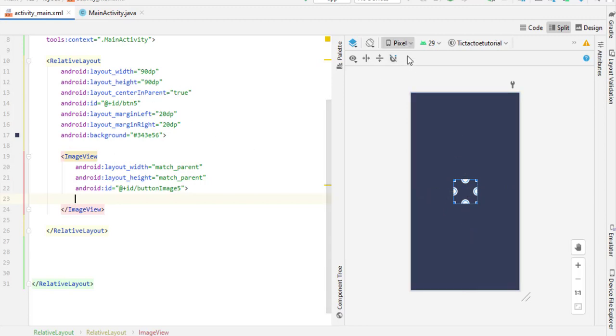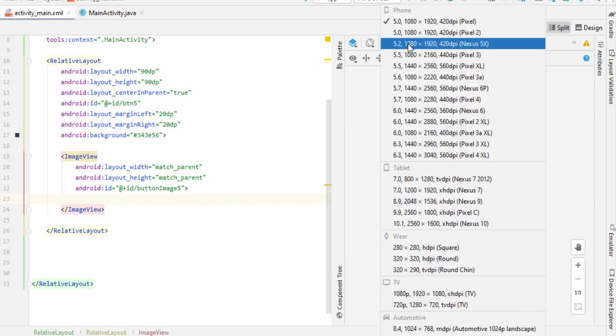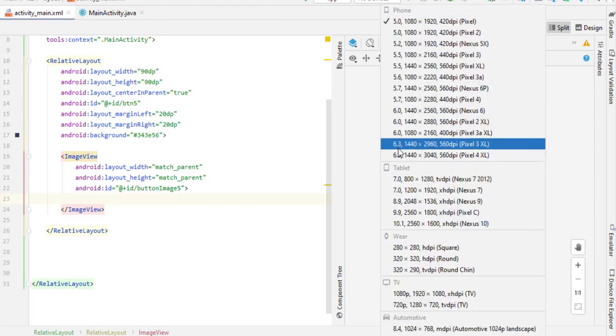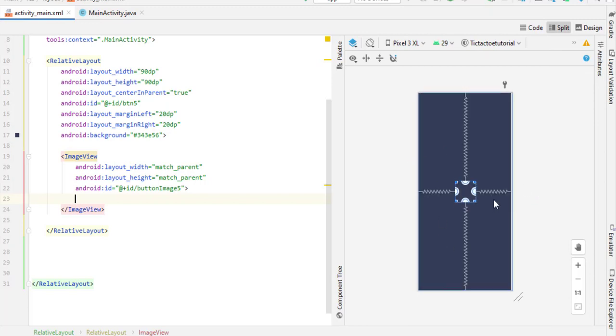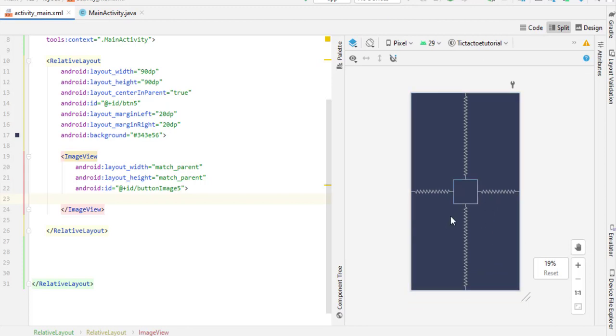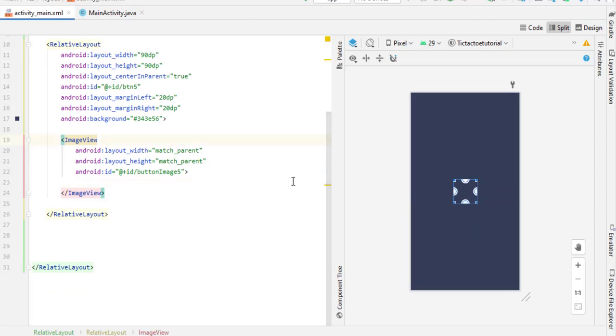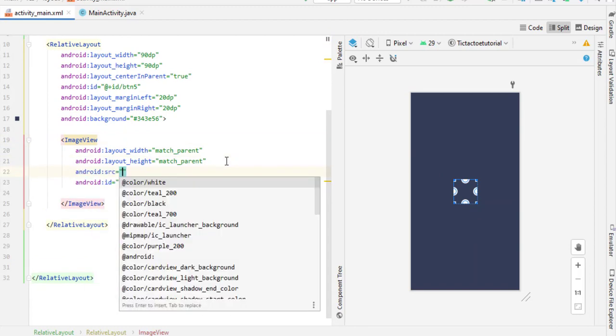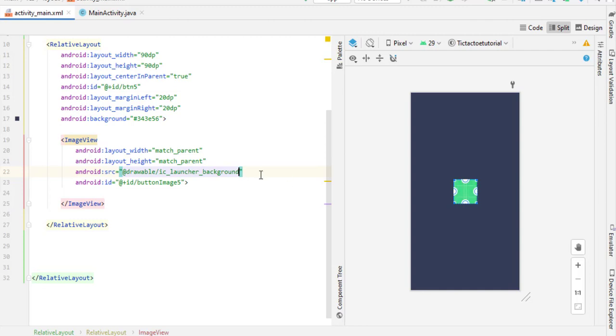So if I change the screen size, you can see, let us suppose this is currently 5.0 screen size, and if I set the screen size 6.3, you can see it is always in the center. So it automatically adjusts the whole design according to this button, and overall our app is going to be responsive. So hope you understand why I create the first button, which is our center button. In tic-tac-toe we have 9 buttons, but this is the center button, which is the 5th button. So that's fine. Now this is an image view. Currently I don't have anything to show how it looks, so I simply type here src. I type here launcher background, which is automatically present inside our Android Studio. So you can see this image view looks amazing.